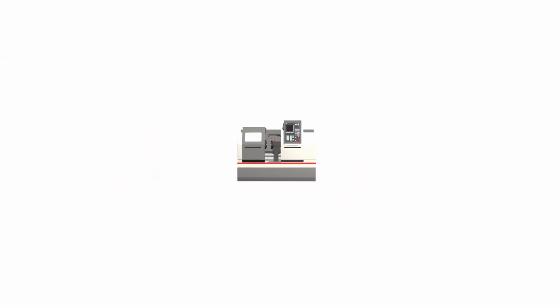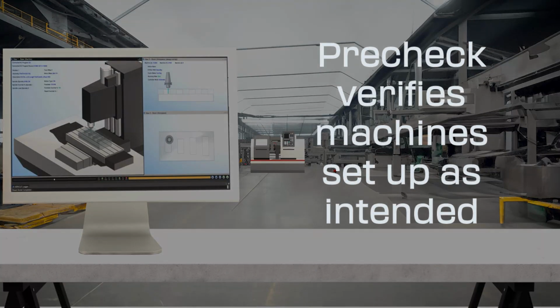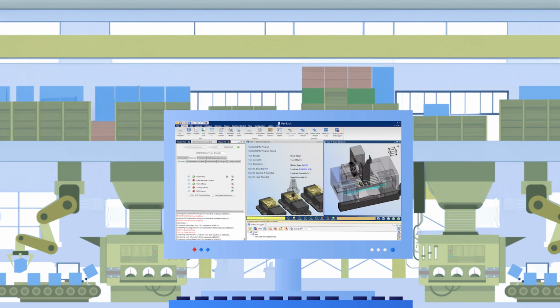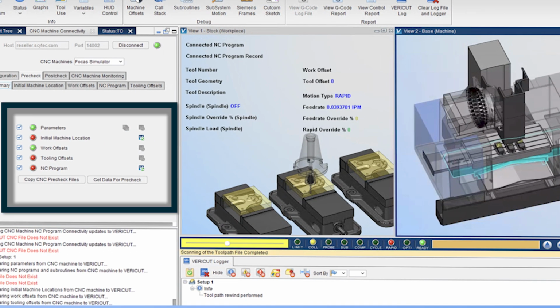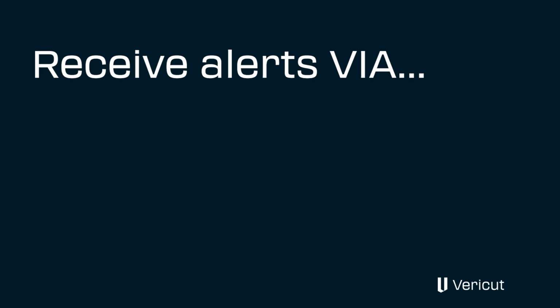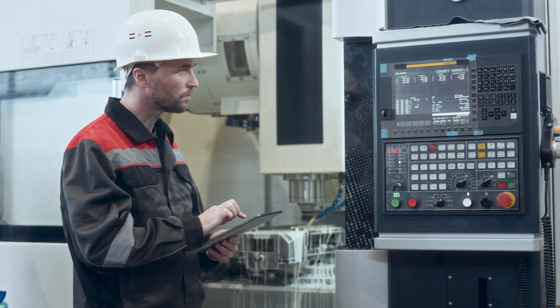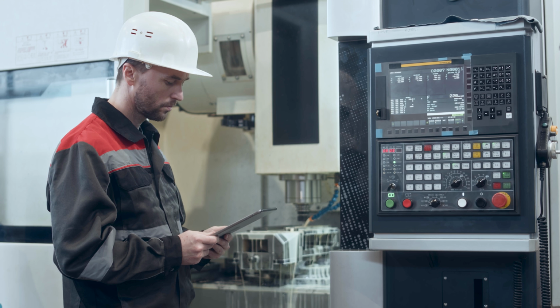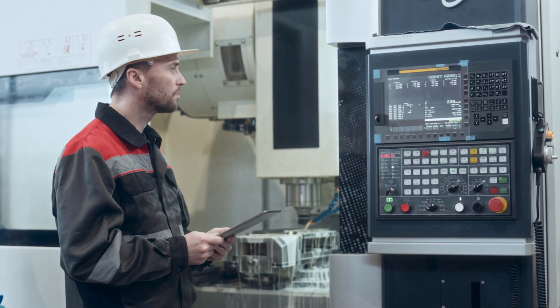With Precheck, manufacturers can now verify that their CNC machines are set up exactly as they were intended in the Vericut simulation. During Precheck, if a discrepancy is found, for example with the tool offset, the operator can see the Precheck failed. The CNC programmer can automatically be alerted through email, text message, or Microsoft Teams, as well as updating a dashboard notifying the CNC programmer to rerun the simulation to see if the offsets at the CNC machine will